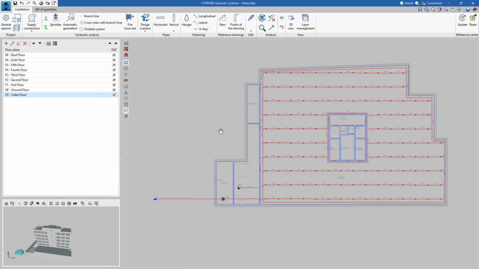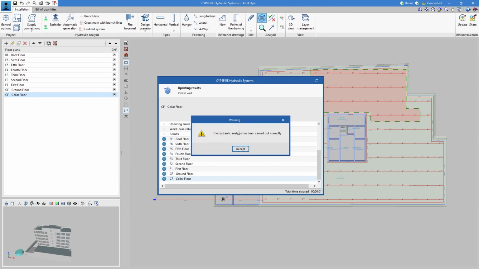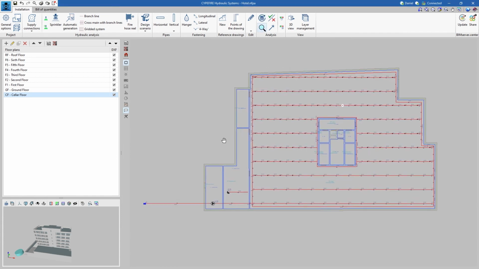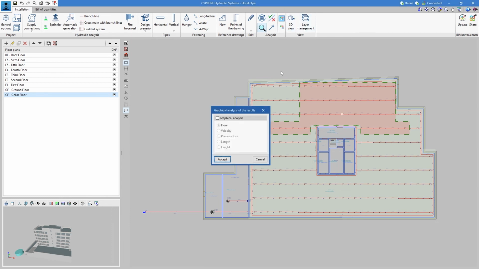Now that we have created our installation, it's time to calculate. When we analyze our web system, the program will tell us if it has found an error or something that generates an error. But in this case, we have performed the calculation correctly, and the program allowed us to,